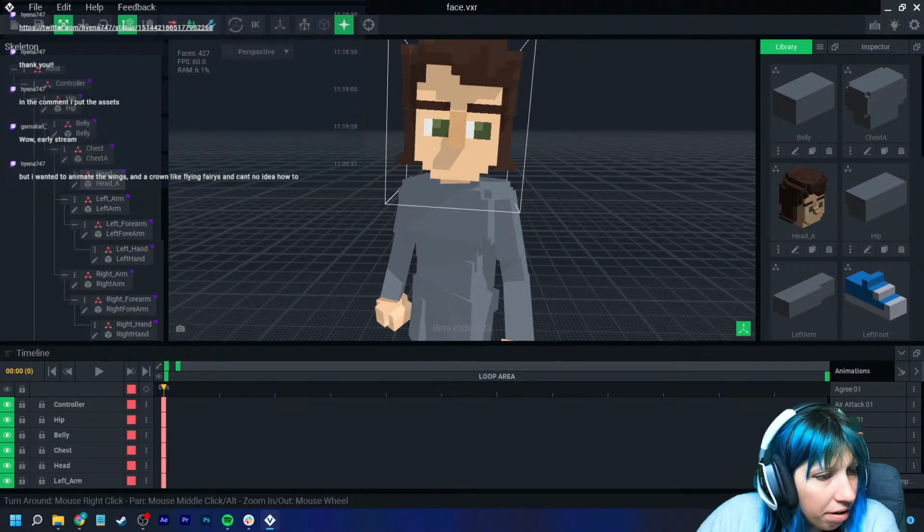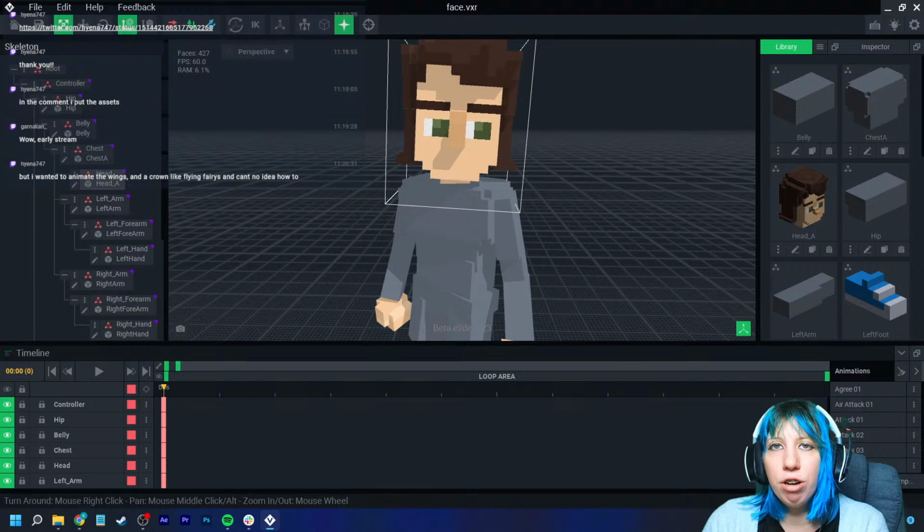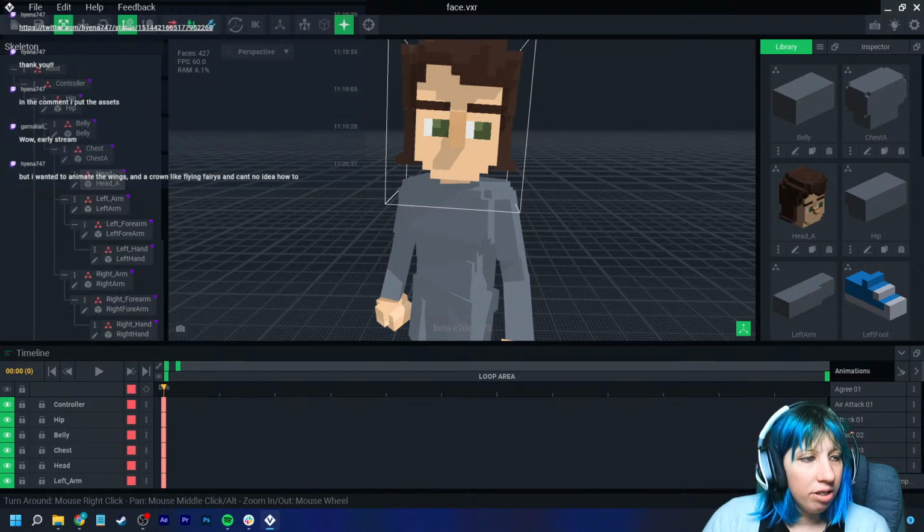Animate the wings and crown like flying fairies, and I've no idea how to. Okay, so Hyena, that's more of something that I would do in terms of, well, there's two ways. Do you want it to be an NPC, or do you want it to be a piece of equipment that people can wear? That's my question to that,